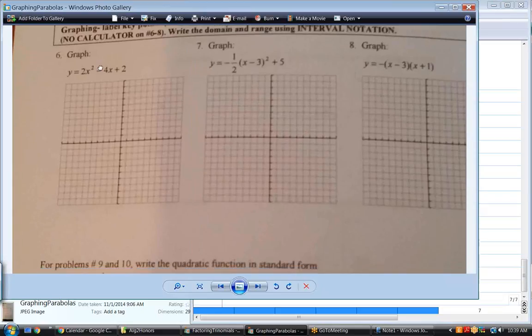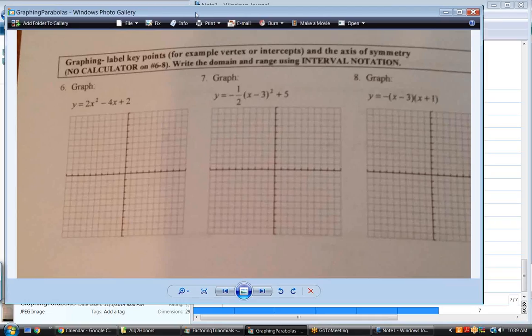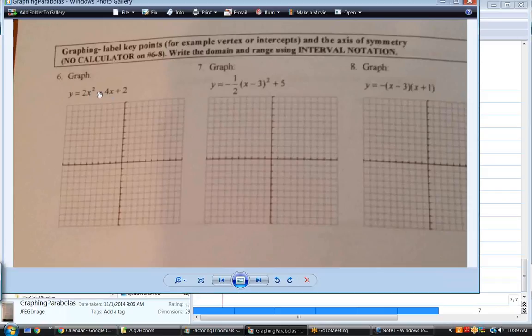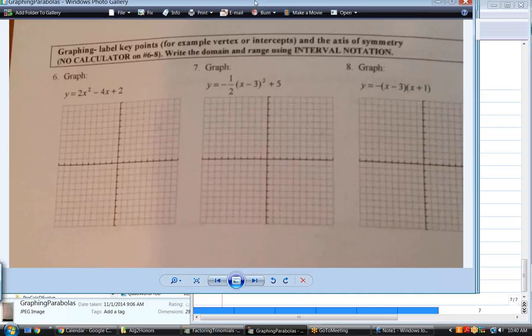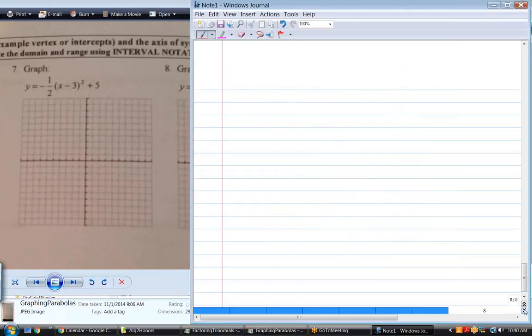Let's move to this one. Now, there was another way to do this one. I could complete the square, or I could try to factor it and make it look like this over here. Because there's one big advantage when it's in x-intercept format. You know exactly where to draw the x-intercepts, and halfway in between them is the line of symmetry. And you know it opens down because of that negative sign. So this is a pretty useful format for graphing. But let's just go through one at a time here